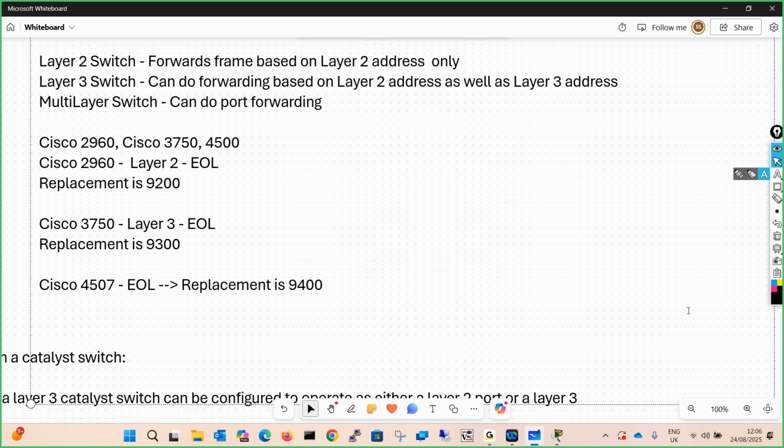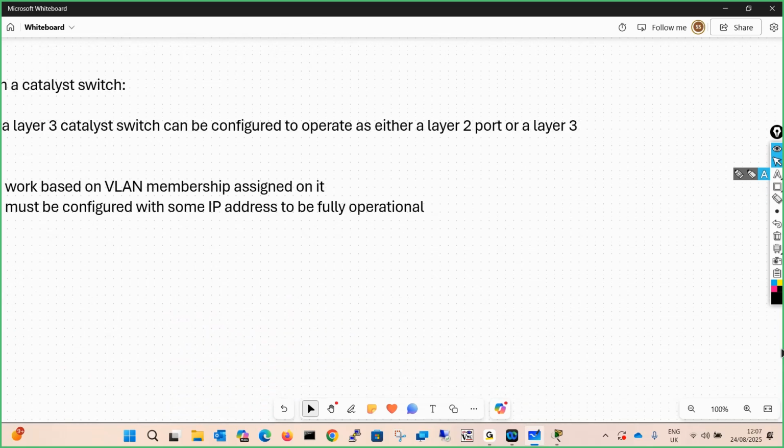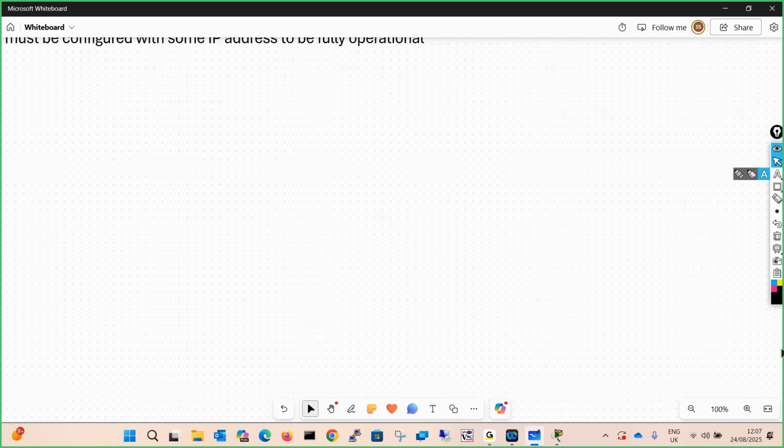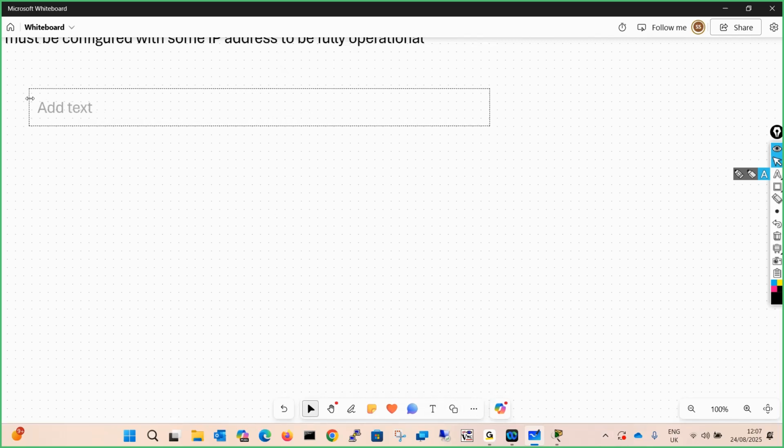Just for clarity, we will be using two different subnets. We will do subnetting. Let me show you. Let's say I have a network 192.168.1.0/24.